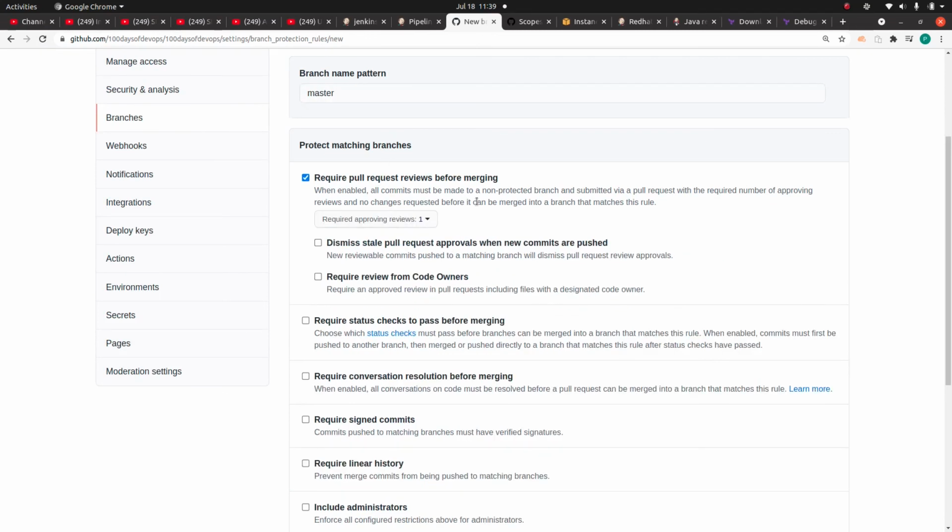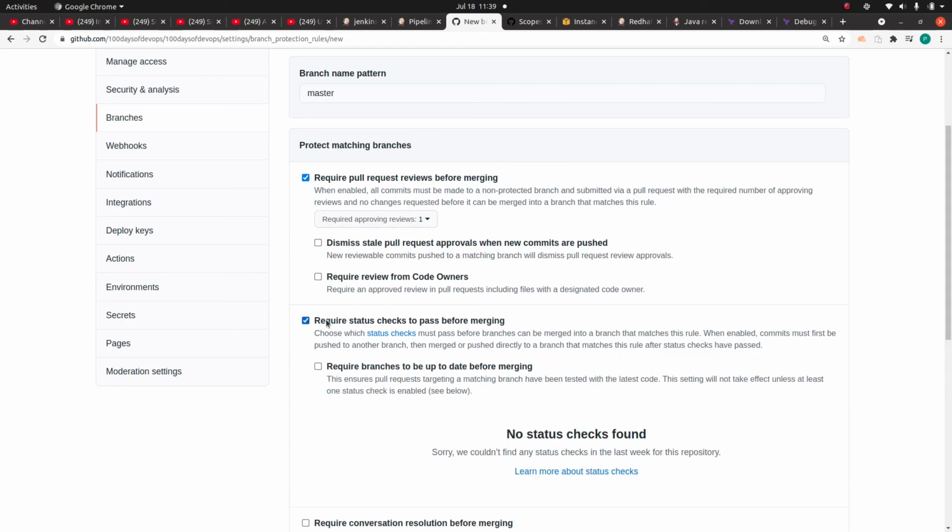This means people need to raise a pull request before merging into the master. And we can even require status checks and the branch to be up to date.